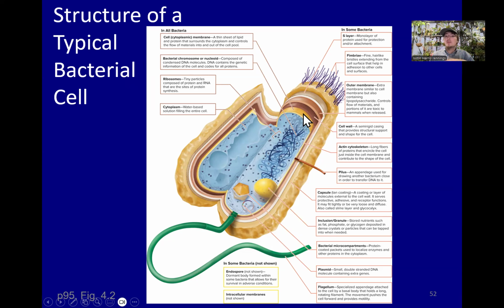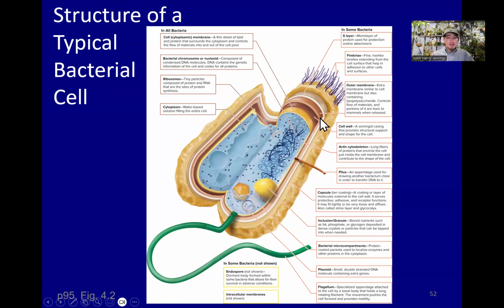So the cell wall is made up of peptidoglycan, and we'll talk about that. It's a sugar protein. It's a protein that's conjugated with sugars, and it creates a really strong network lattice that surrounds the cytoplasmic membrane, and it provides a lot more support and protects from osmotic pressure and things like that. We then have, in some species, an outer membrane, and this outer membrane is an extra layer of protection